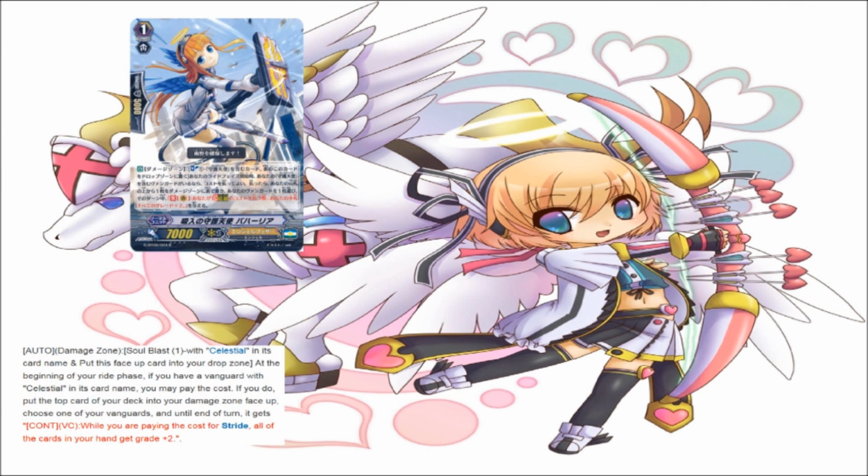And the next card is Absorb Celestial Baharaya. She looks incredible. The art from this card is amazing. She has a vacuum cleaner she's using as a weapon. I love this card so much. It looks really incredible. Absorb Celestial Baharaya, normal unit, grade 1, boost, 7000 power, 1 critical, 5000 shield, Angel Feather,